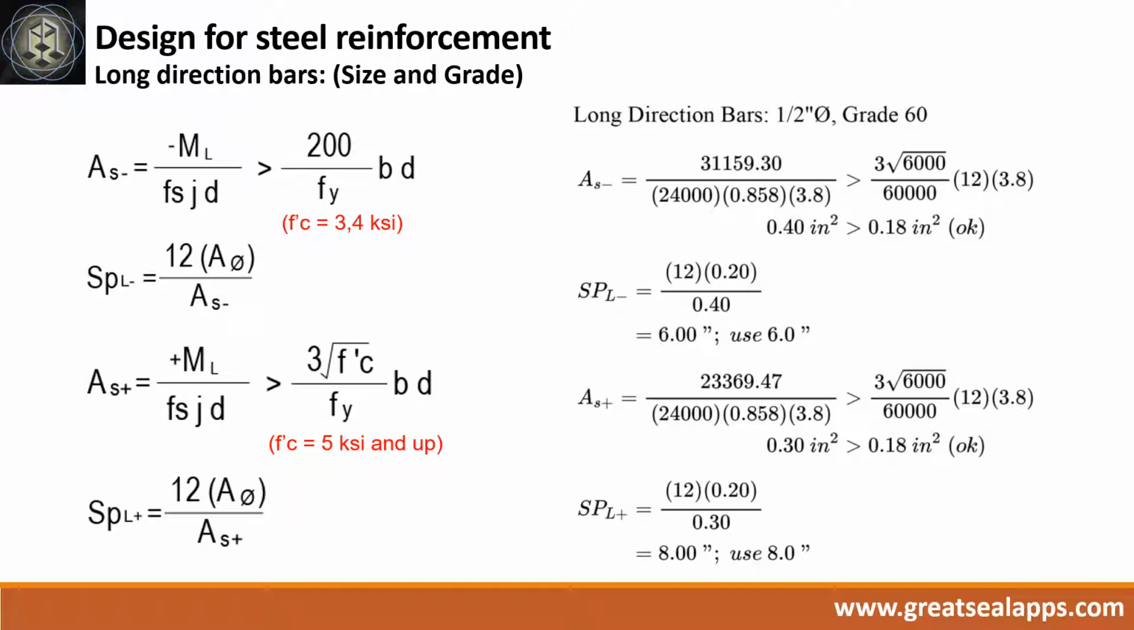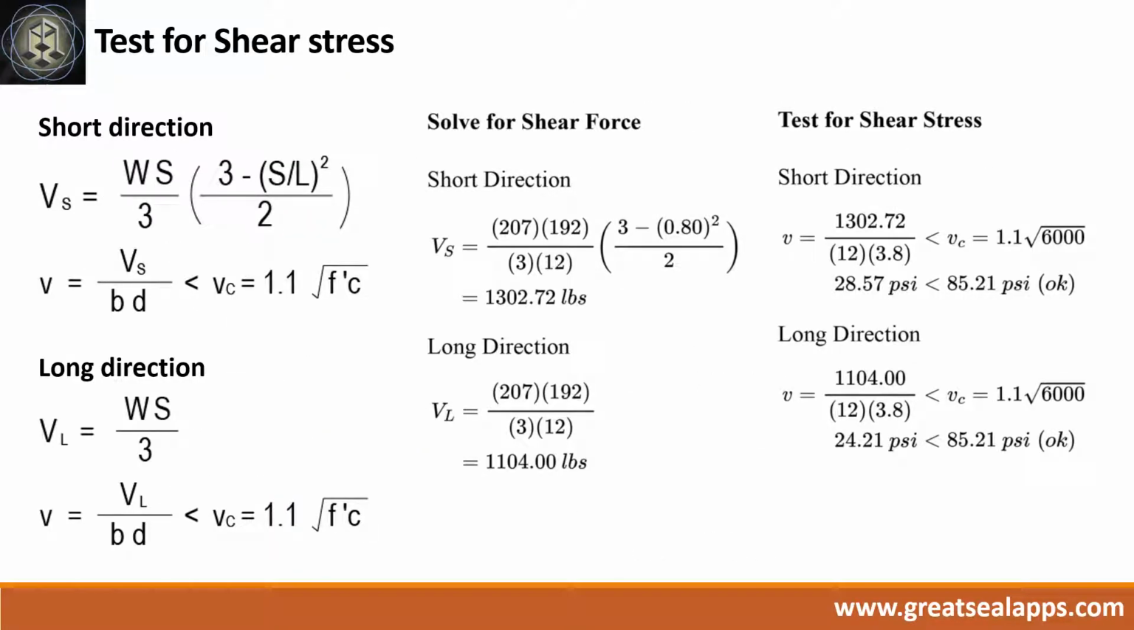At long direction, given negative moment equals 31,159.3, positive moment equals 23,369.47, Fs equals 24,000, J equals 0.858, and D equals 3.8, the area of steel for negative moment is 0.4 square inch, with spacing at 6 inches, and the area of steel for positive moment is 0.3 square inch, with spacing at 8 inches. The short direction shear force is